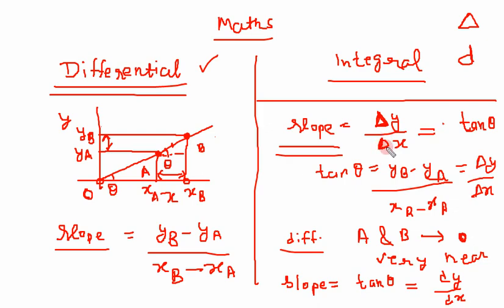So now your question: when do we use delta and when do we use d? When we can calculate things by hand, we use delta, but most of the time it is not possible for us to calculate things by hand. So these points are very near, or instead of points we are given an equation. Suppose we are given an equation or a curve, not a straight line, then what will we do? We will use this differential form.